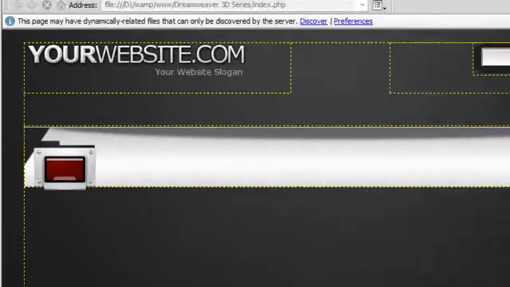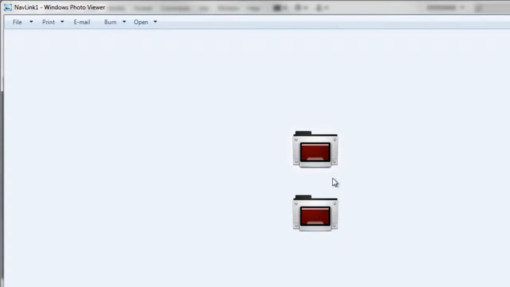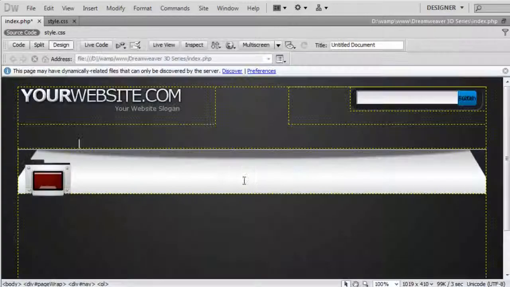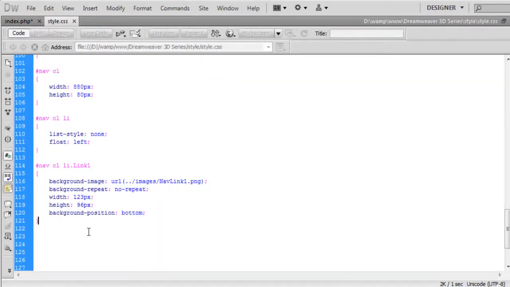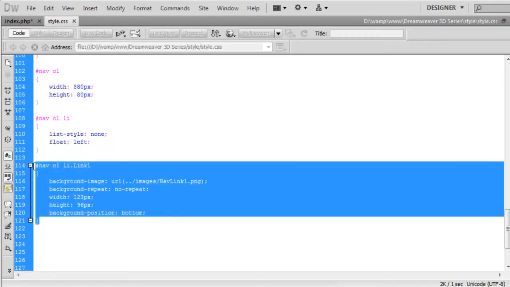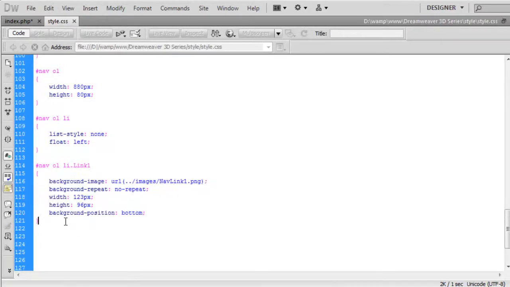So what's happened here, if I just bring up this document, so this is the image, this is our first sprite image. So when we added it in, it was defaulting to this top image here. Now what I did then, I used background position bottom, so now it's using this bottom one instead of using the top. So if I just minimize that and go back into the code, what we need to do now is create another one of these for the hover state. So what I'm going to do is copy all of this,